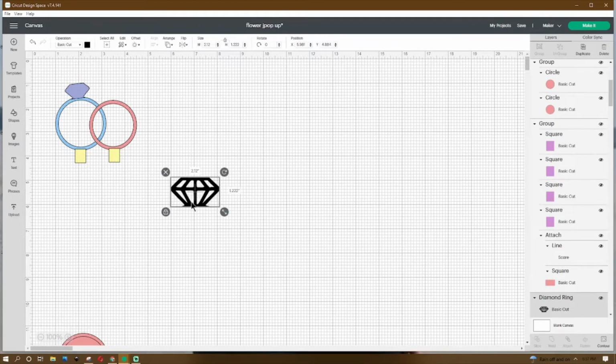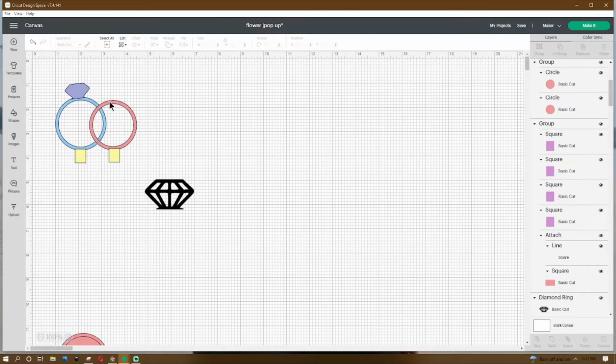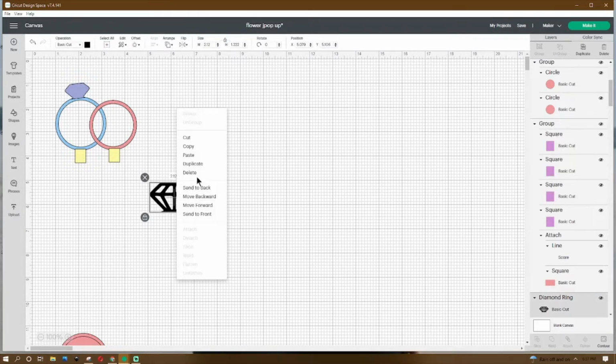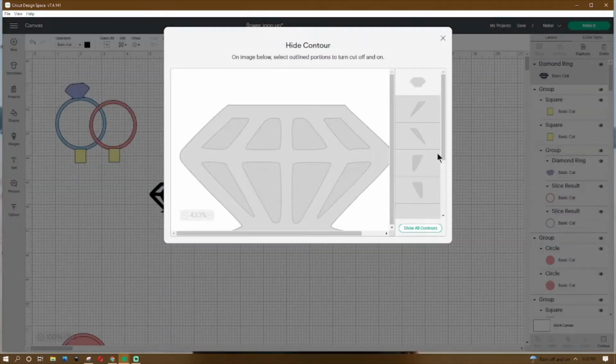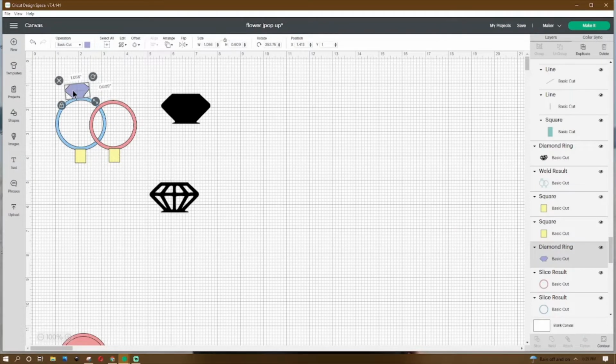Now let's get our diamond. And what we can do with this diamond, if you have this much left, if you have a little bit more, that is okay, as long as we can line it up on our ring. So what we're going to do is right click, duplicate, and then on one of your diamonds, you're going to go in and contour it and hide all contours. Then with our diamond, we're going to make it 1.056 by 0.609. We're going to rotate it